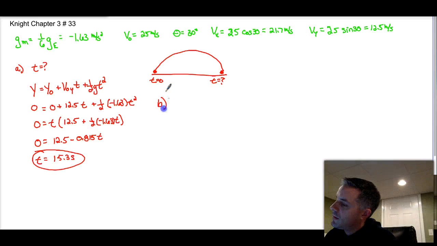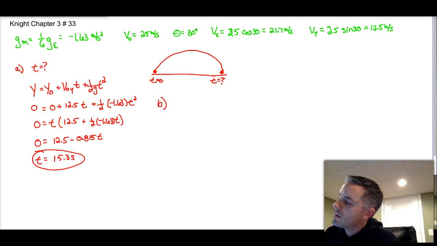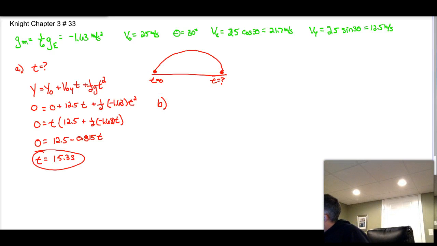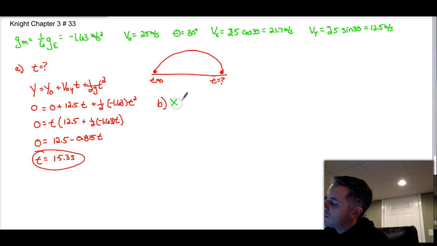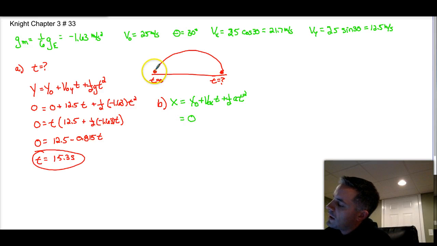Part B then says to us, how far did it travel? So what is the x? Well, now that we know the speed and we know the time, we can find that x. So x is going to be equal to x sub o plus v sub o x t plus 1/2 a t squared. So x sub o is going to be equal to 0, starting again at that origin,